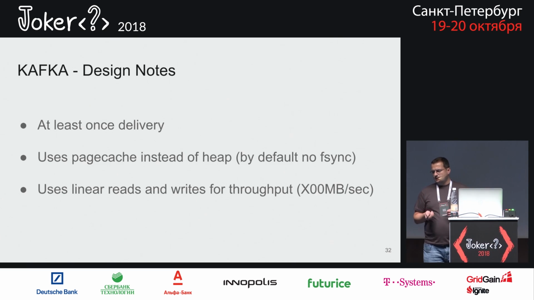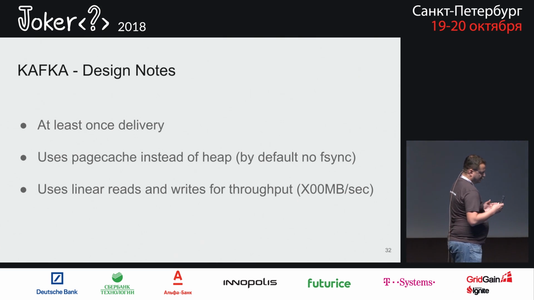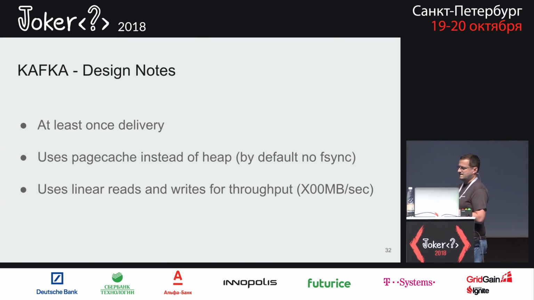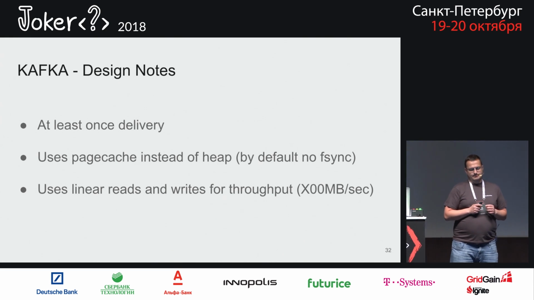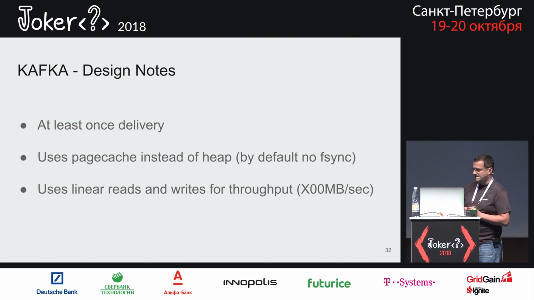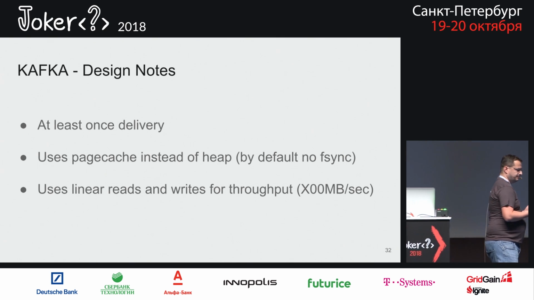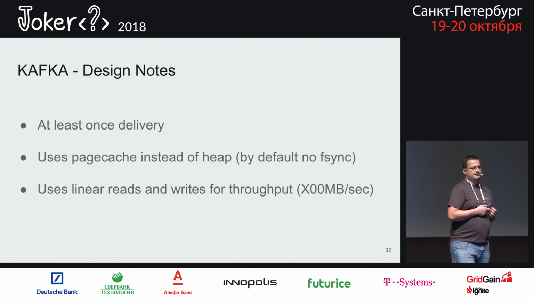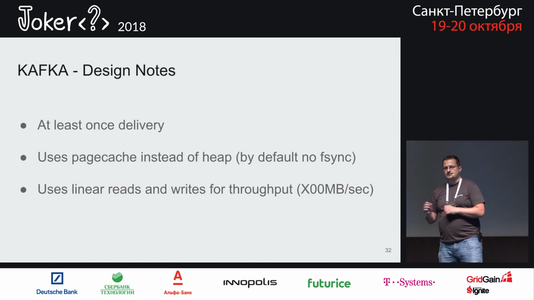Good. Kafka design notes. Kafka is at least once delivery, and lately there has been a new version of Kafka that provides exactly once delivery. To be honest, we haven't tried this. We haven't figured out properly how it works. But it's not really applicable in our case. It's more for the stream processing use case for Kafka, where you listen to a topic, do something, and then push it out on the next topic again. And there you can have this